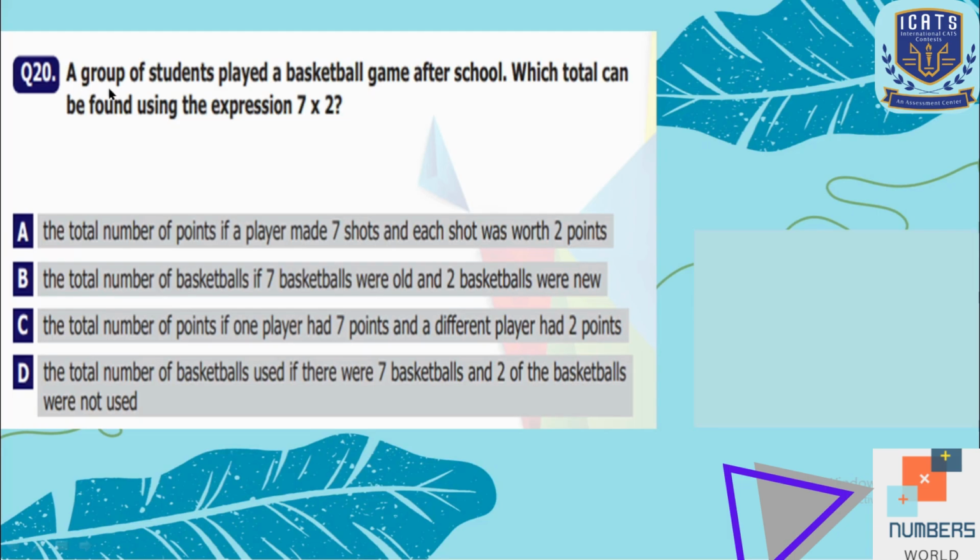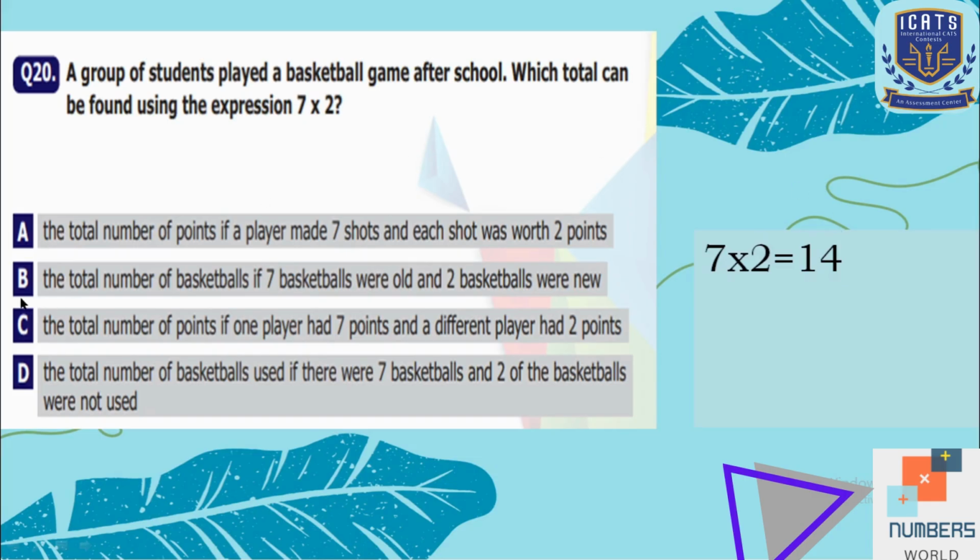Question number 20. A group of students played a basketball game after school. Which total can be found using the expression 7 by 2? So let's interpret all the given options. A, the total number of points if a player made 7 shots and each shot was worth 2 points. It's a sum of multiplication. Yes, it's correct. Because if there are 7 shots and each was of 2 points, so 7 twos are 14